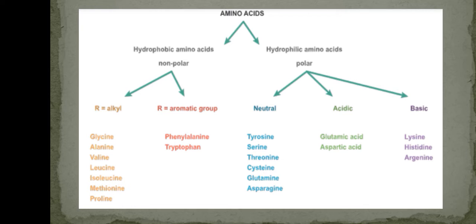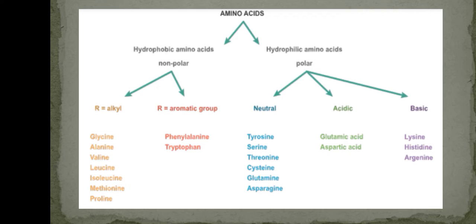There are two parts, polar and non-polar. Polar is hydrophilic amino acids, and non-polar is hydrophobic amino acids. Non-polar is divided into two parts, alkyl group and aromatic group. In the alkyl group: glycine, alanine, valine, leucine, isoleucine, methionine, and proline. And the aromatic group: